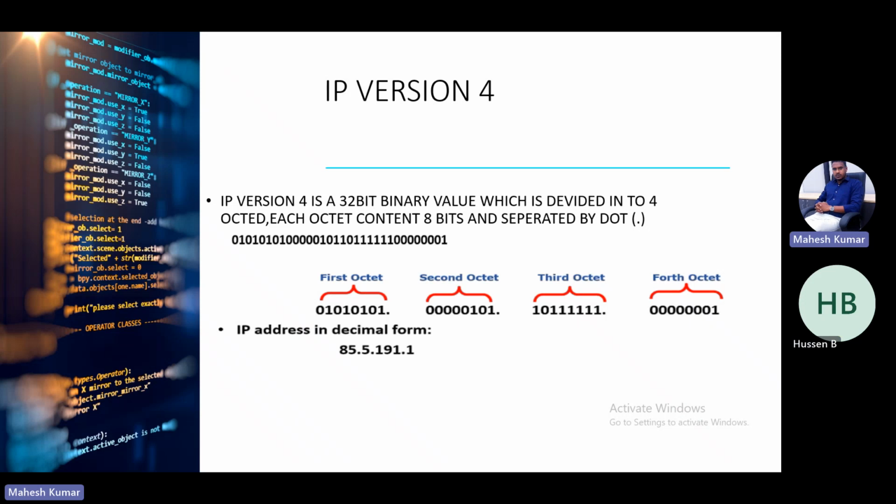There are two versions of IP: IP version 4 and IP version 6. First we'll learn about IP version 4 and its types. Then we'll go for IPv6. So first, an IP address is a